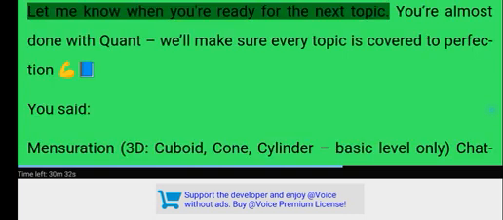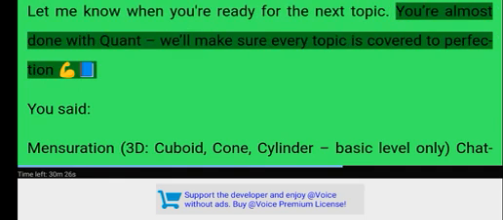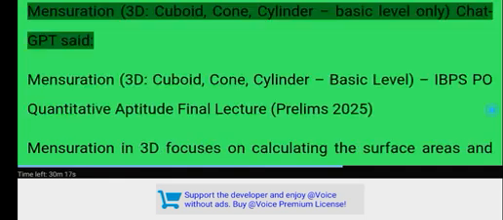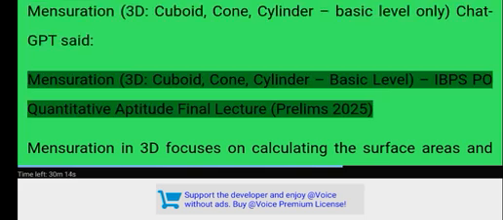Let me know when you're ready for the next topic. You're almost done with Quant, we'll make sure every topic is covered to perfection by Seb's book. You said: Mensuration 3D, cuboid, cone, cylinder, basic level only. ChatGPT said: